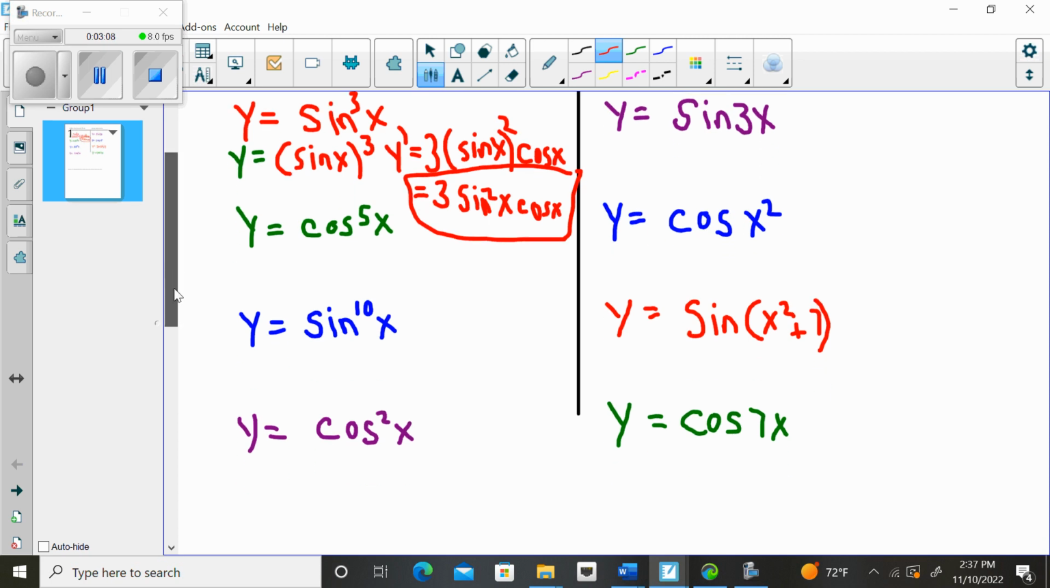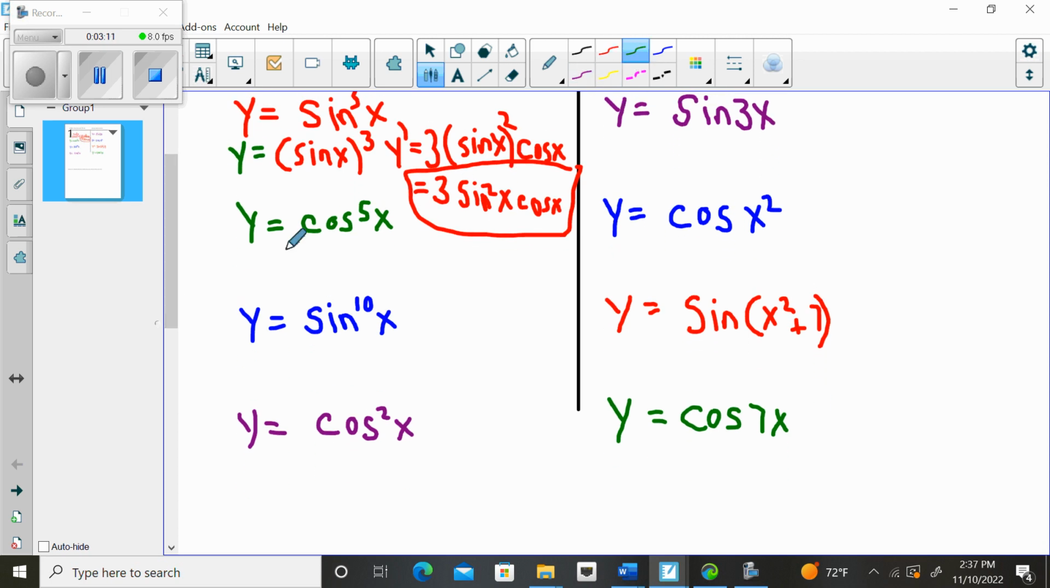So let's look at cosine. Same idea. This is in parentheses, cosine x to the 5th. So to find the derivative, we do the derivative of the outer shell, 5 cosine x to the 4th. I'm going to put it in parentheses if I can squeeze that in, cosine x to the 4th times negative